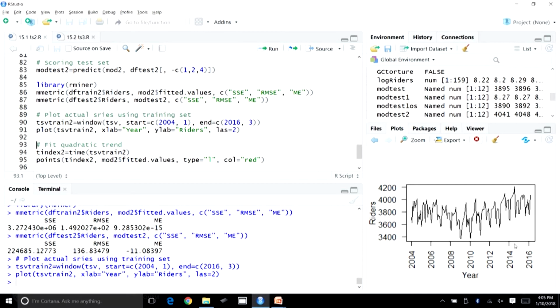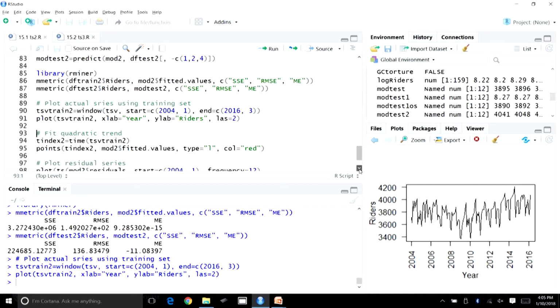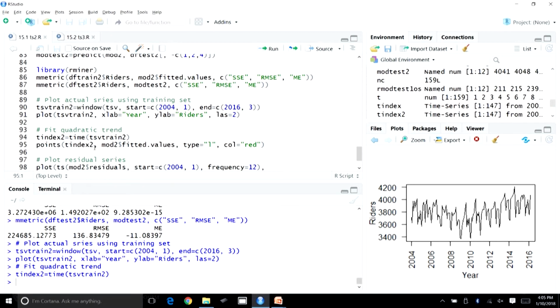So, this is the plot for the training set, and now we will add the fitted model that we have just estimated. First we will extract the time index from it, and then we will use the points function, and the fitted values are going to be plotted.